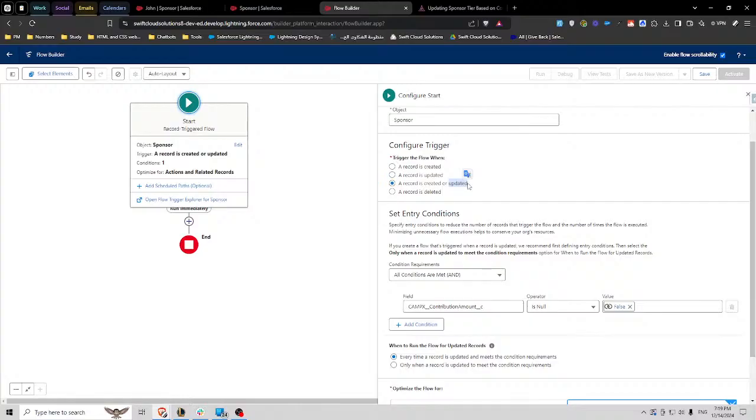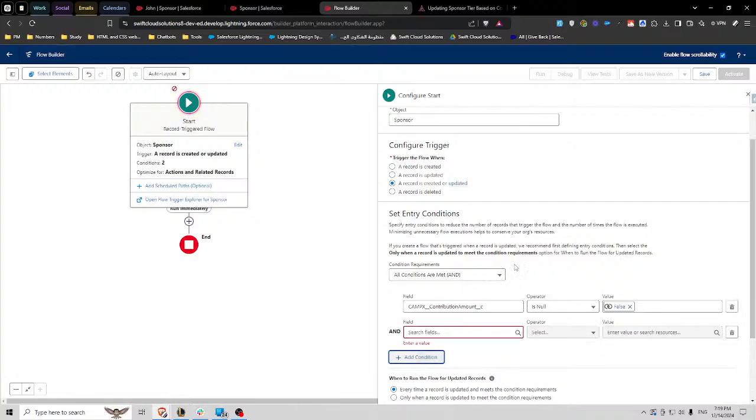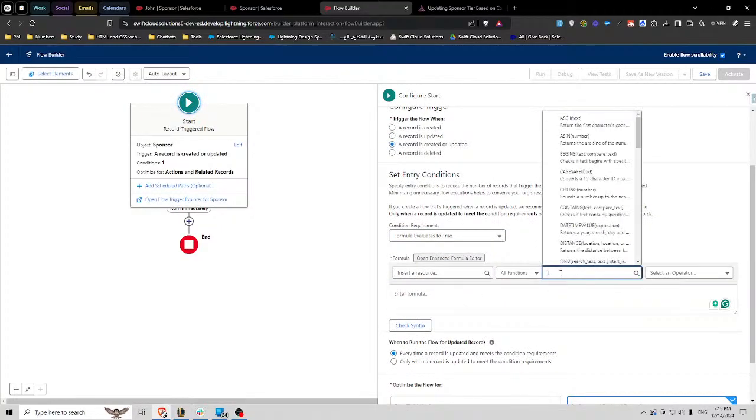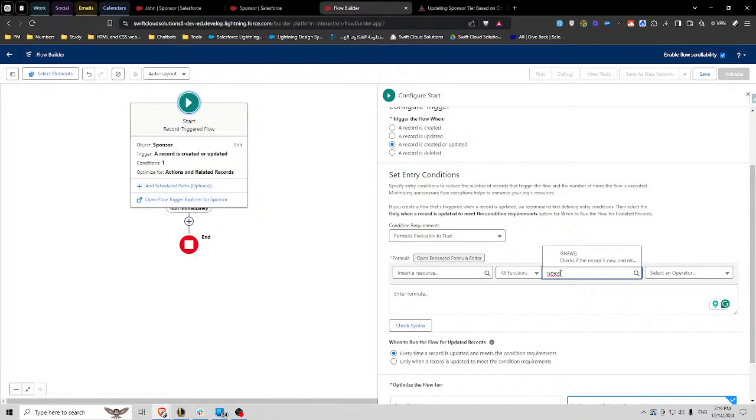Let's think about the conditions for the create only. If it is getting created, first, how does the flow identify that this is just created, not updated? I do that by, let's write a formula instead of this. There is a function called isNew, which is going to check if this record is new or not. So if it's a new record, and the contribution amount